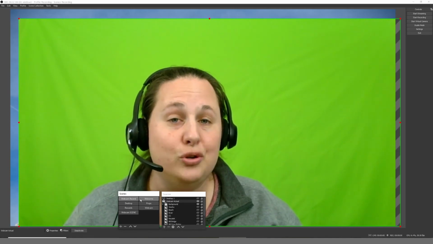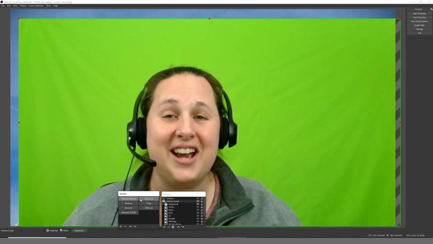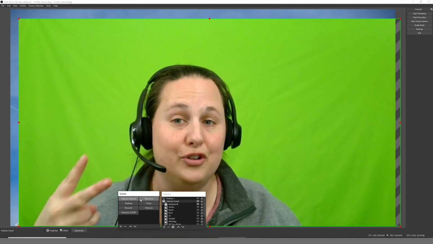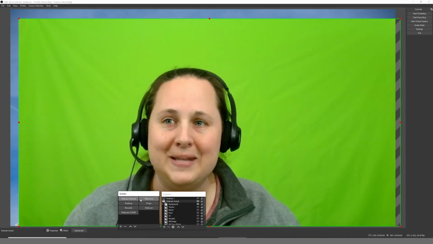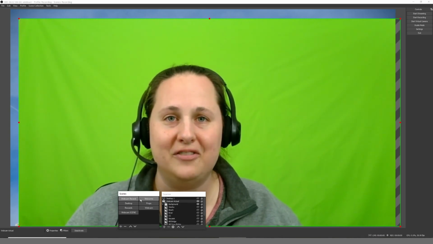This way I have two different versions of the webcam without actually having to add the webcam as two different sources. I hope this helps, and we're going to cover some cool ways to use this effect over the next